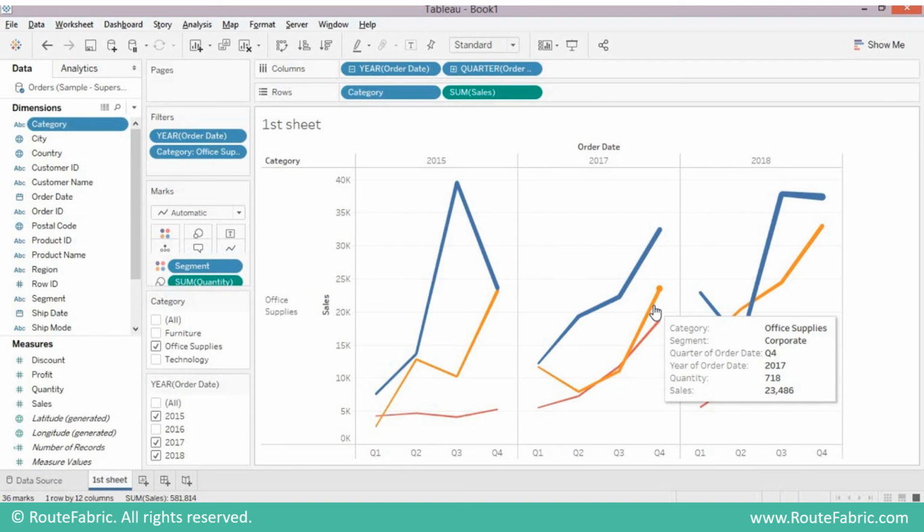You also learned how to select multiple columns in the data grid. Later we looked at all the elements in the workspace, and then we created a sample view using dimensions and measures. You learned the basics of date hierarchies, filters, color mark and size mark. We also saw that if we add a discrete field to the view, you will get headers, and if we add a continuous field to the view, you will get axis.